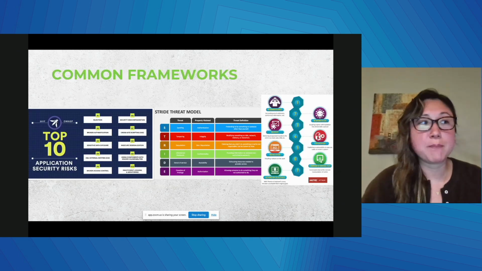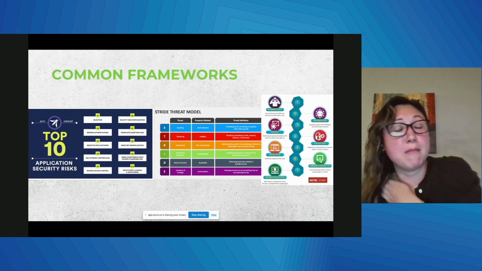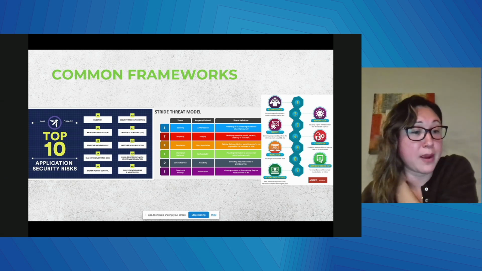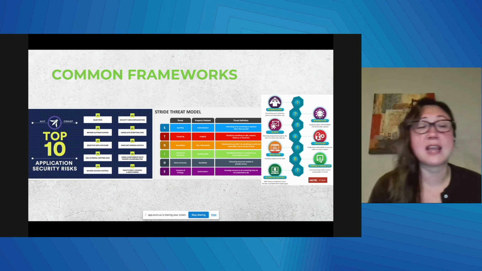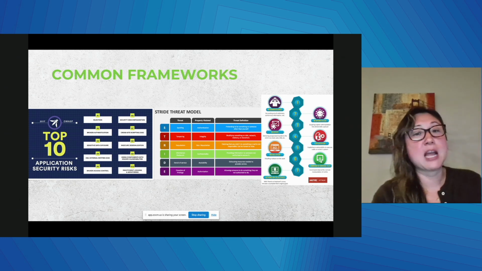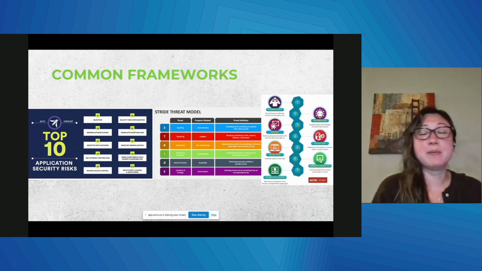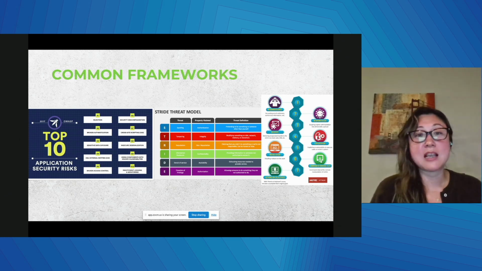So let's jump into a few common frameworks that I use a lot within my organization, which, reminding you, is in the cloud application space. The OWASP Top 10 is one of the most famous frameworks, and I love to use it. And now that AI is becoming more prevalent, the OWASP Top 10 for LLM applications has been absolutely key for me to create some of those AI threat models.